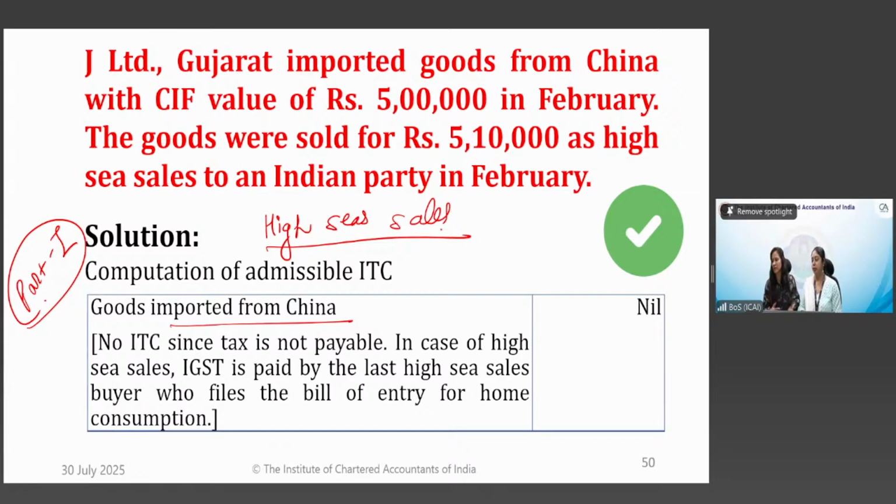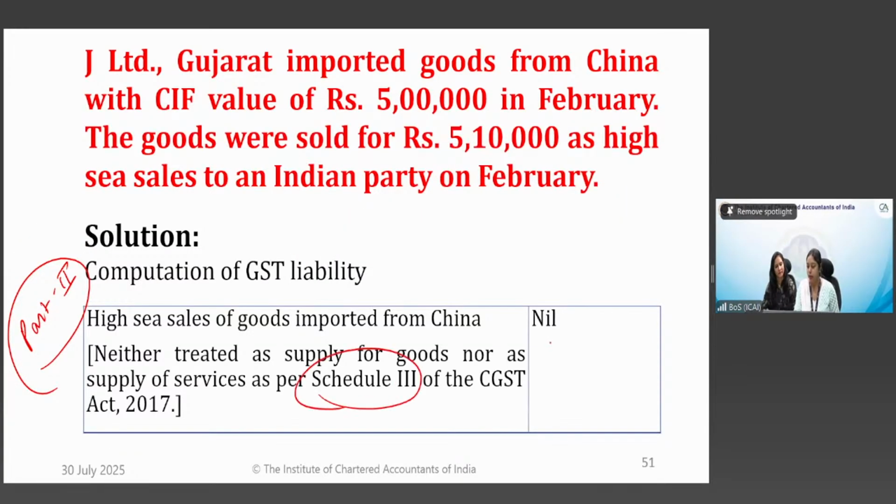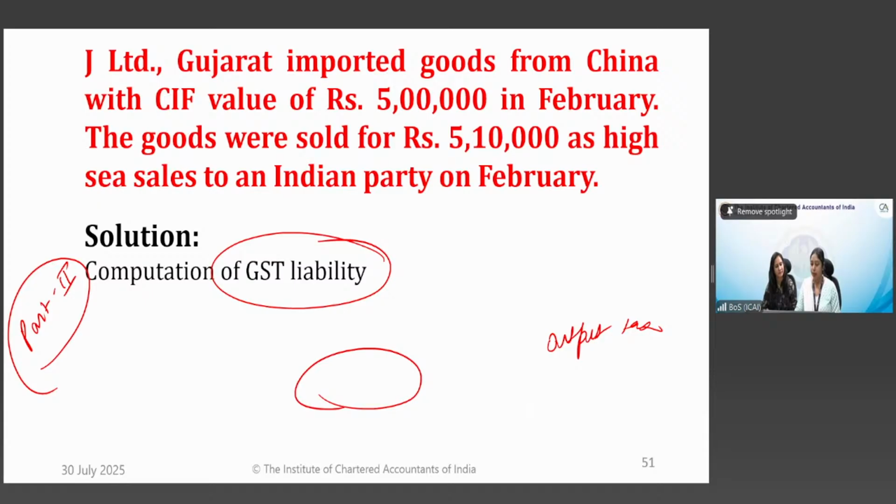So high sea sales has two adjustments. One in the ITC. All of you have said that ITC is not available. We have given the reasoning. Now see how the reasoning has been given. If you see, we have not quoted any section. It is intentional that we have not given here any section or rule. Even Schedule 3 we have not mentioned here. Schedule 3 definitely it will be here because this is for output tax. So it will have a treatment in the output tax table when you are computing the GST liability. Plus you will be having a treatment in the